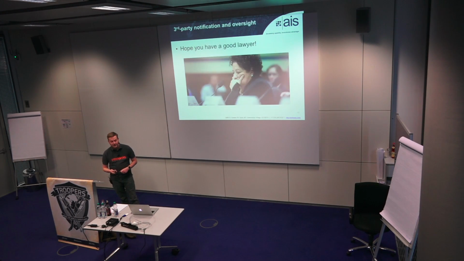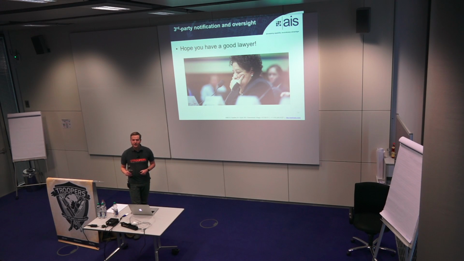And if you're really unlucky, this is the former head of the OPM in front of Congress, not looking super happy because the House Oversight Committee had hauled her in for a special session on why the entire clearance database of the United States of America had been compromised, including everyone that was in contact with someone with a clearance. So yes, that's what you don't want to do. And a lot of times people find out about breaches and security vulnerabilities by the FBI knocking on their door. Hey, we found this on some Russian server.